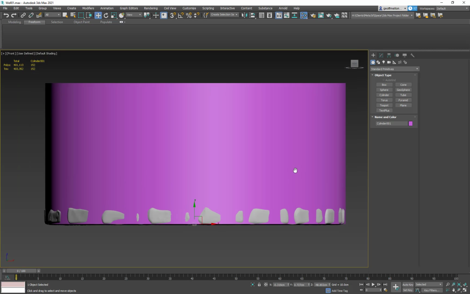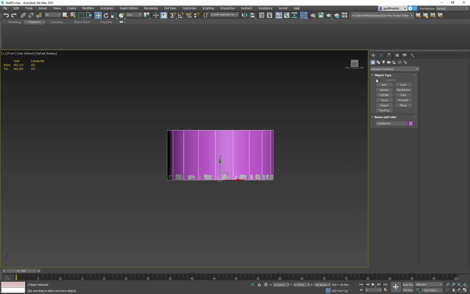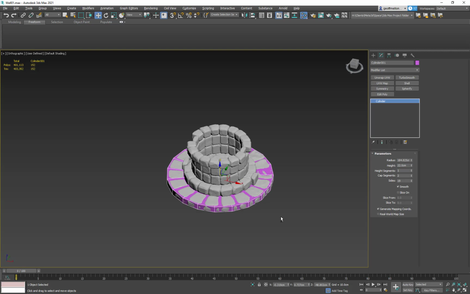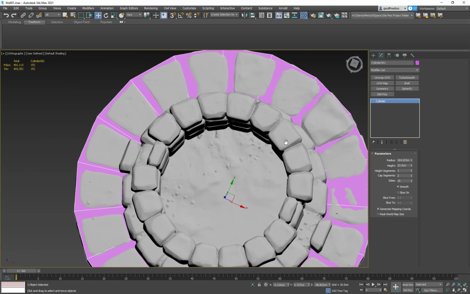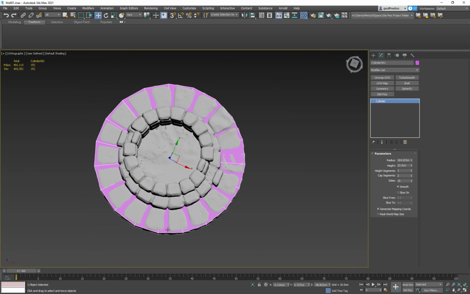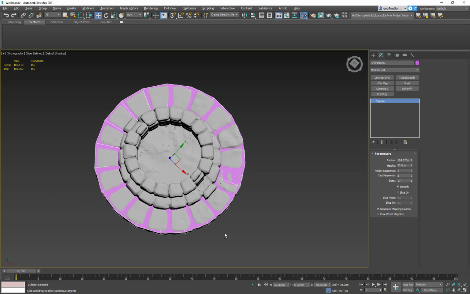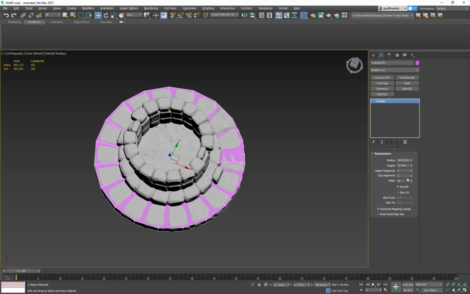Go front, turn this on so we can see what we got, and we'll pull this down, and I think height was like 23, 22. I'm just guessing here. And then the other thing I want to make sure is that it overlaps in some places, and it looks like it's doing pretty good, so pretty straightforward, no big deal, pretty simple, not changing. I did change this from 18 to 19. I'm not sure if it really helped. I still had to do some cutting